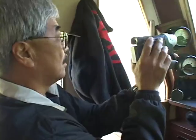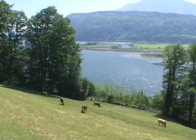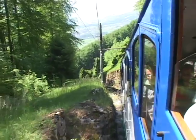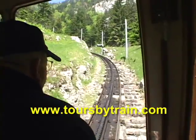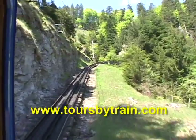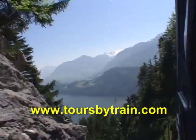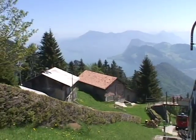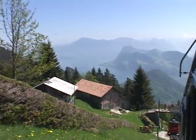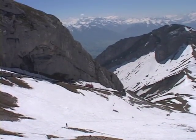We've taken the boat over to Mount Pilatus, yet another interesting mountain to go up, similar to Mount Titlis, but in this case it's a rack railway, a funicular that goes up at a grade of over 40%, which is the steepest funicular in Switzerland. It takes about 45 minutes to go up the mountain on this funicular and get some beautiful views along the way. Great place to snap some more pictures, shoot some more video, and soon we're up in the snowfields,